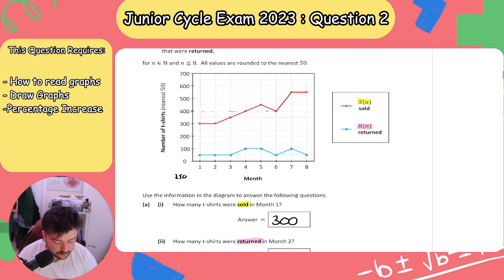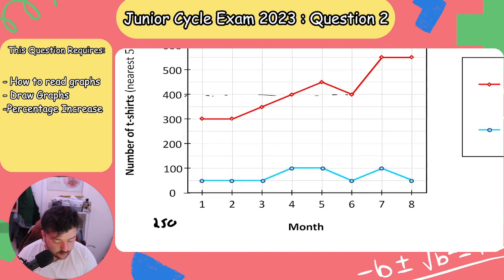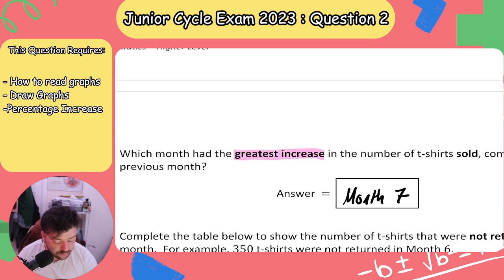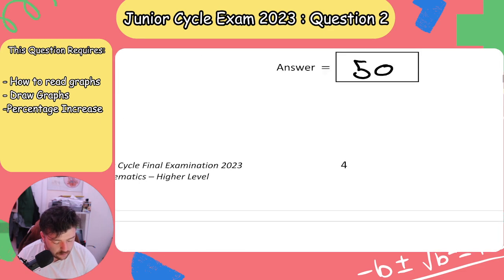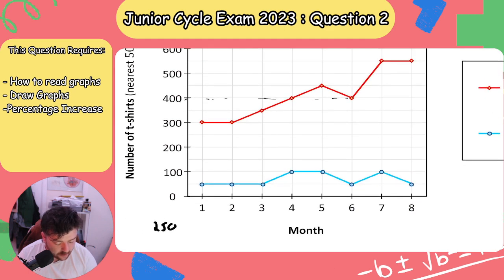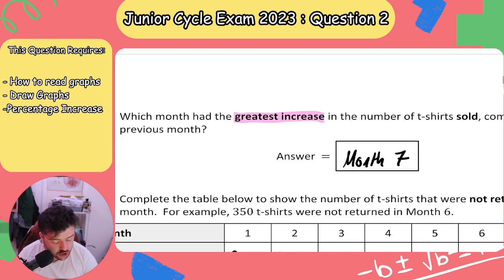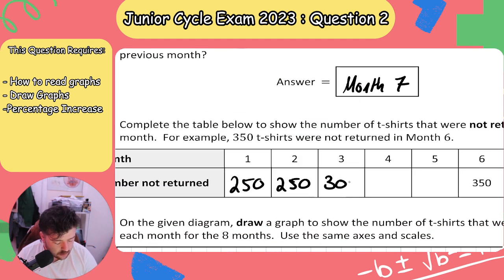Month 2 is the same. So 300 were sold, 50 were returned. So 250 were not returned. Month 3, 350 were sold, 50 were returned. So 300 were not returned. Month 4,